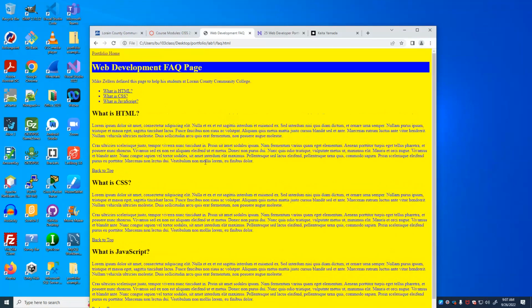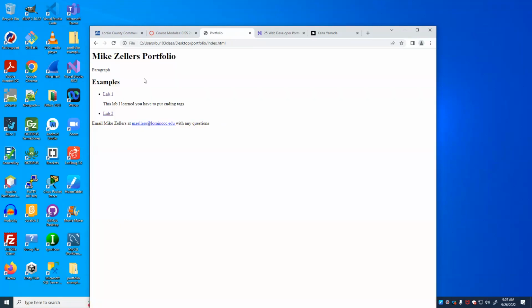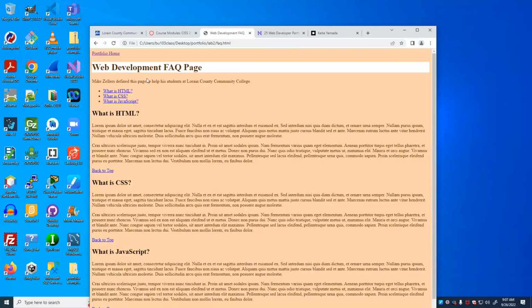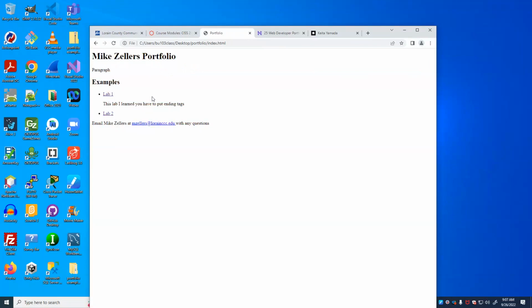All right, this example. And there'll be a link back to the portfolio. That's very important. There should be a link from your portfolio to the project, and there should be a link from the project back to the portfolio homepage. Now, if you consider 6 assignments